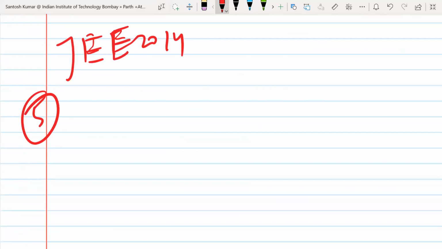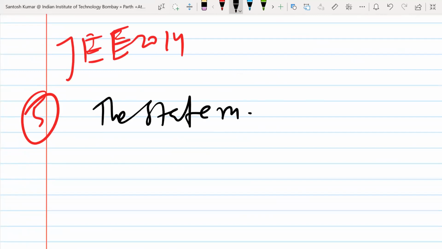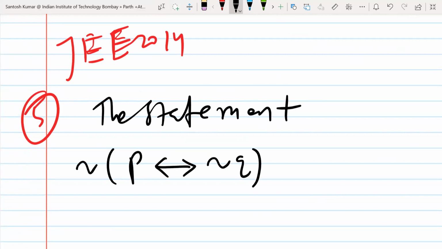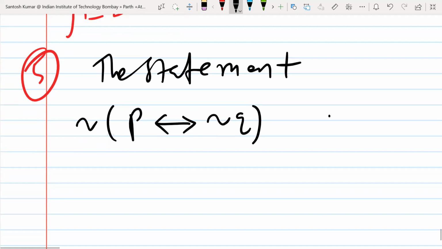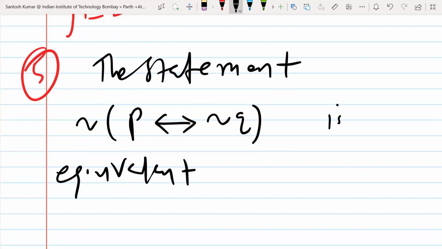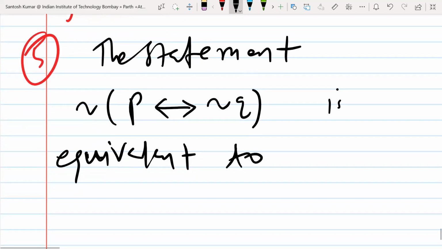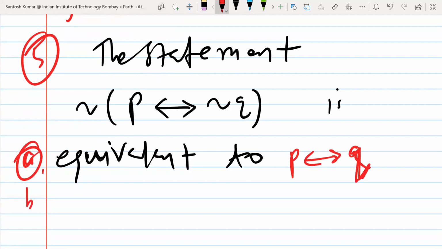The question they asked is: the statement negation of P if and only if negation of Q is, so this statement is equivalent to... option A, equivalent to P if and only if Q. The first option is this, and option B